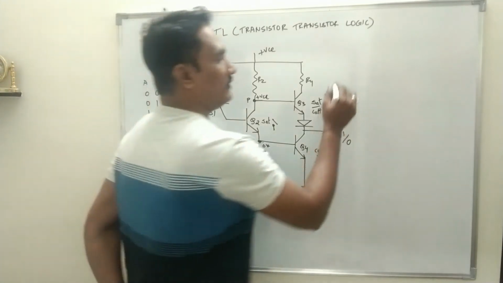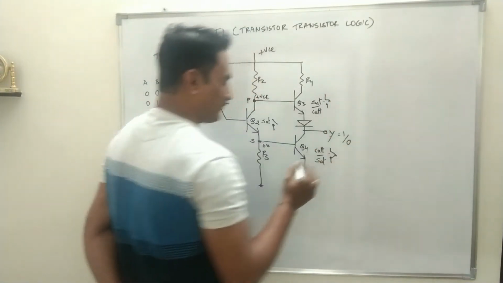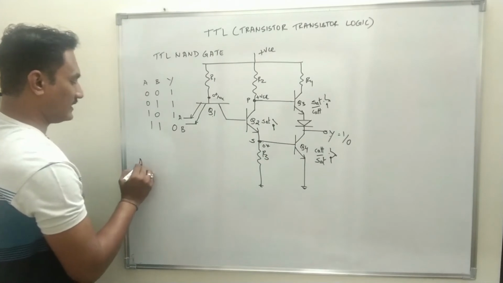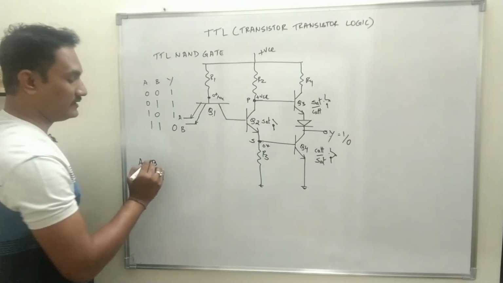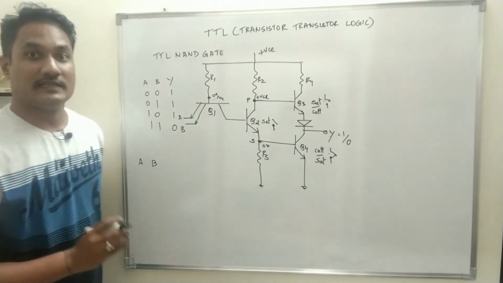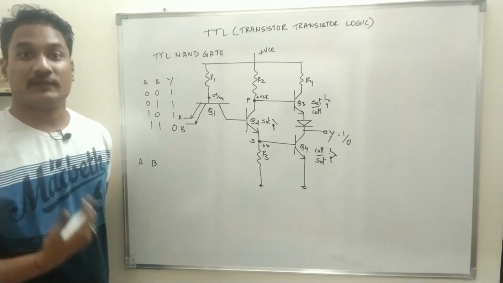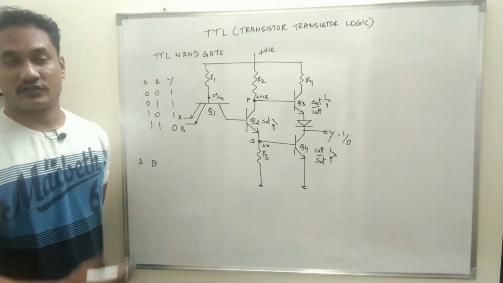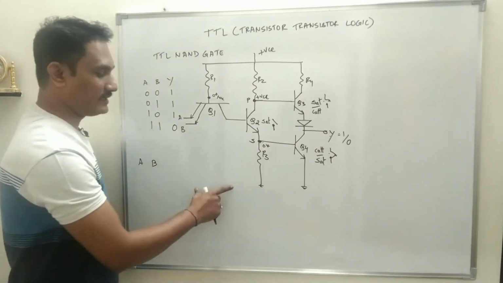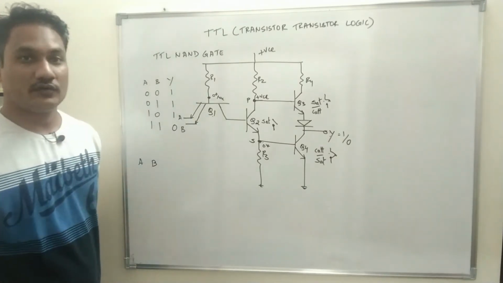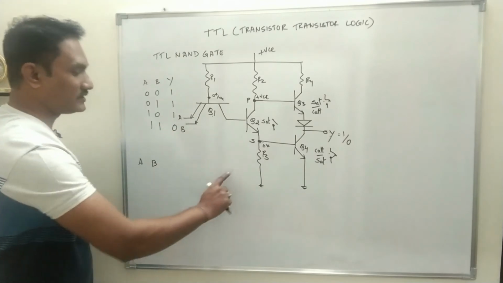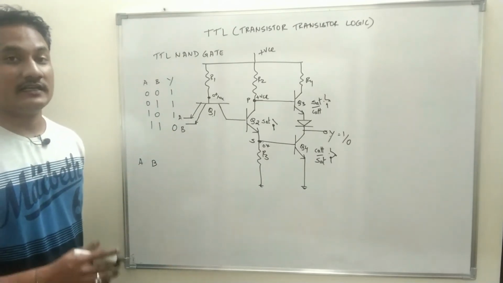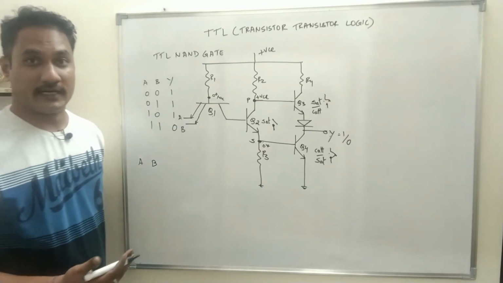Now I will draw one more truth table. This is for your understanding. You will not write this in your exam. You will just use this to write the explanation part of the circuit, because you have to explain the circuit. So when the question is asked, you will draw the circuit, explain the circuit, and write the truth table. So these two have to be written. This which I am going to give you, I will give you for the explanation part, right?